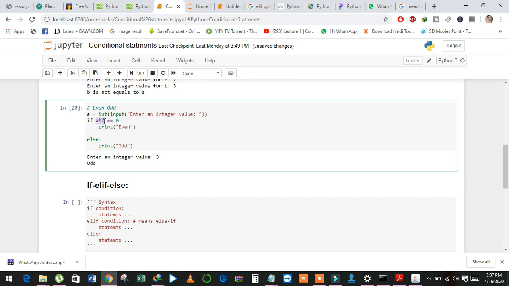A modulus 2 is equal to 0. If the remainder of a is equal to 0, then print even, else odd.